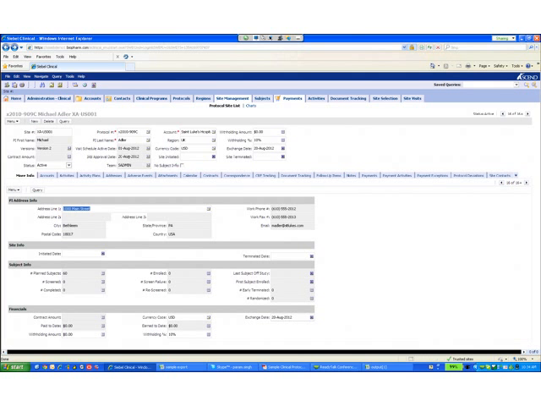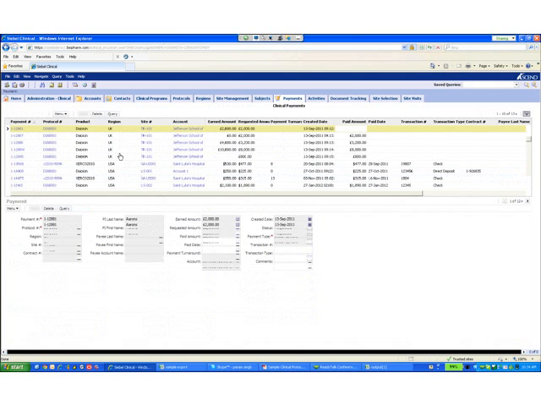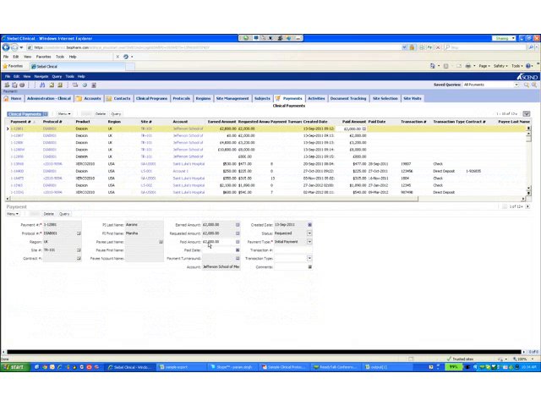We'll be able to see when these payments were generated and when these payments were actually paid out. So we have our paid dates against our requested dates. So the system is capturing this payment turnaround metric.